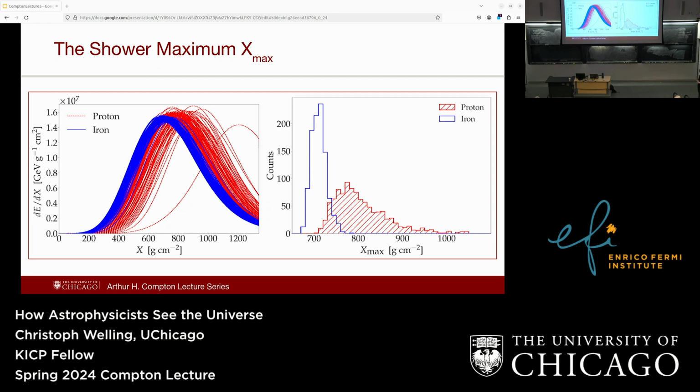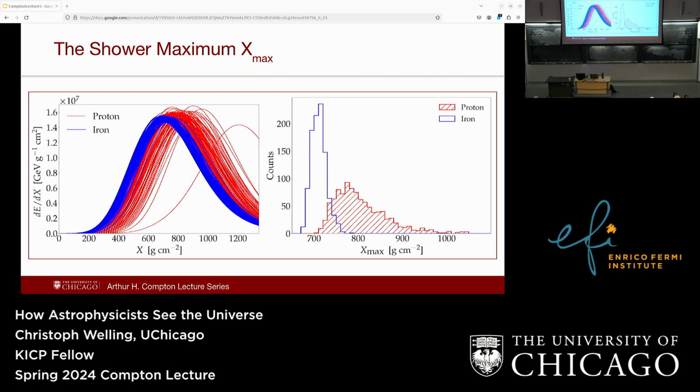I was wondering if it was just somehow different. No, you can actually have some exotic particles that some theorists come up with that can actually cause showers much deeper in the atmosphere, and that's something people look for. But in this case, it's just a proton that got kind of lucky.